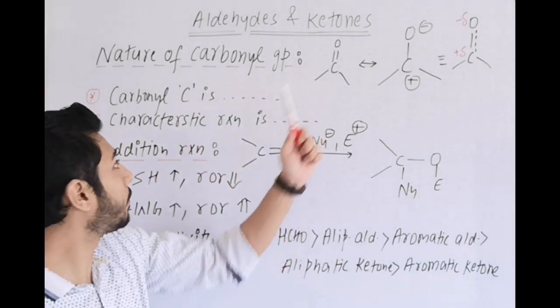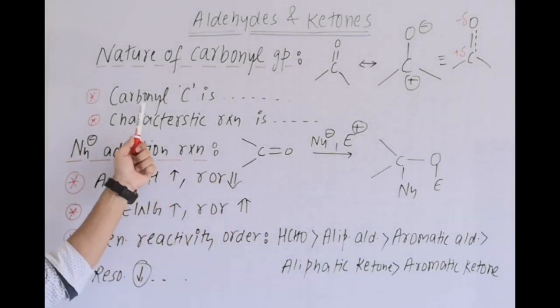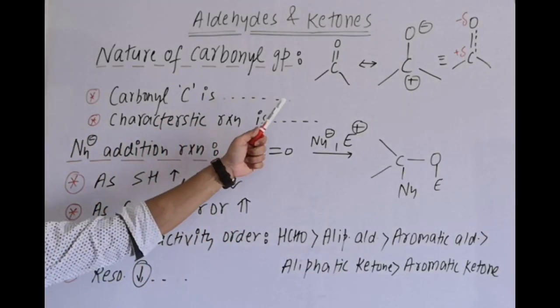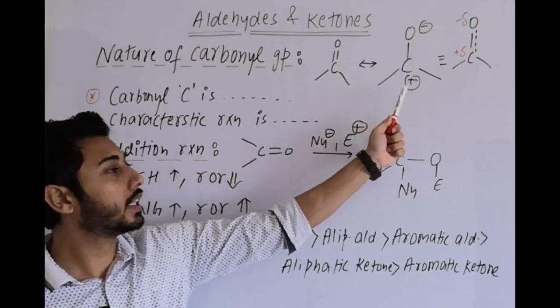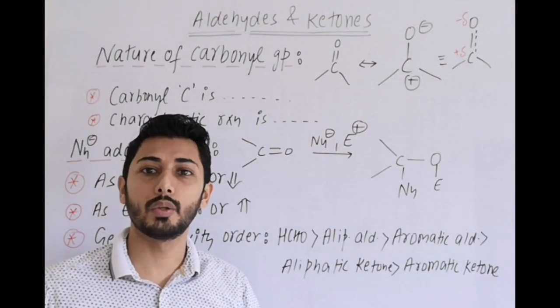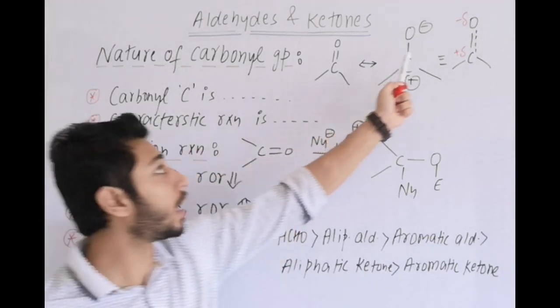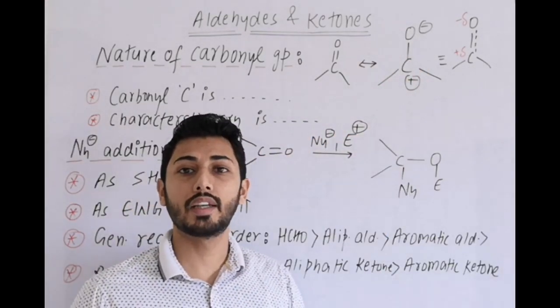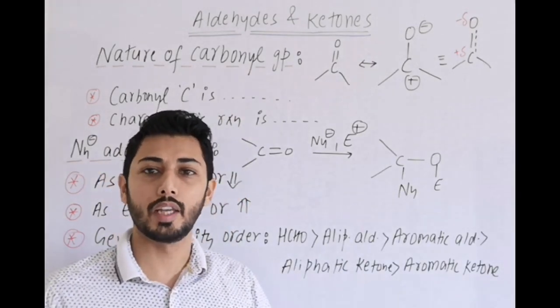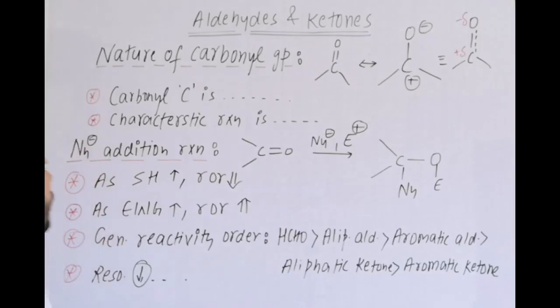So here in this part, you can write in your notes while listening to the lecture, carbonyl carbon is electron deficient. It is acting as an electrophile, or you can mention it as a Lewis acid. And carbonyl oxygen is acting as a nucleophile. In brackets you can mention Lewis base.